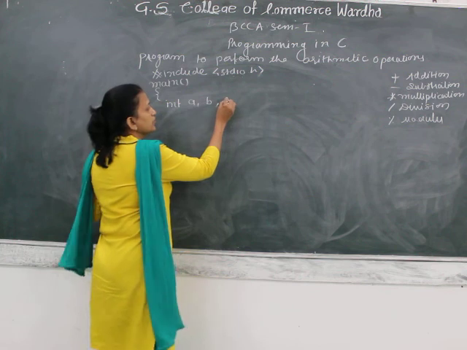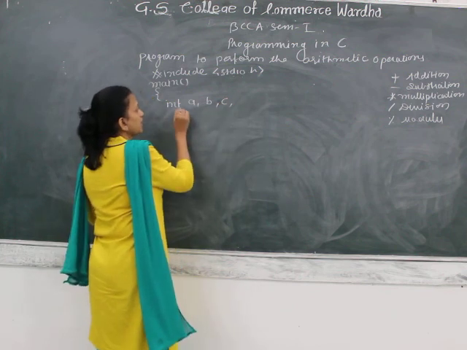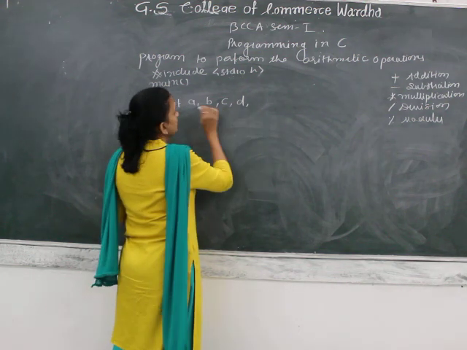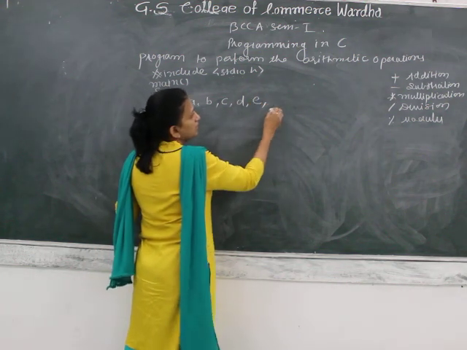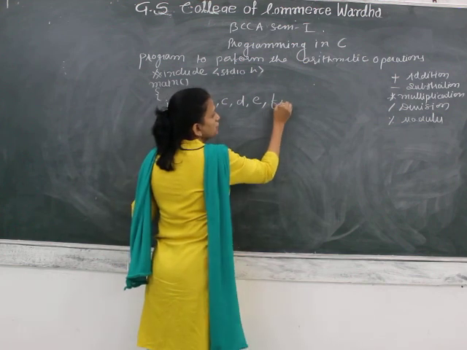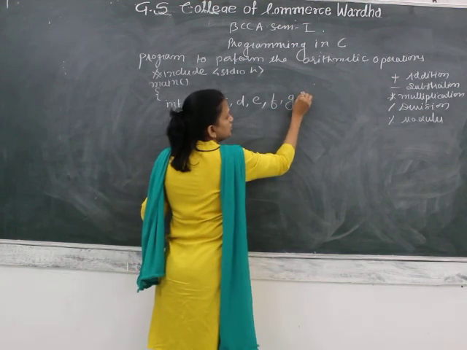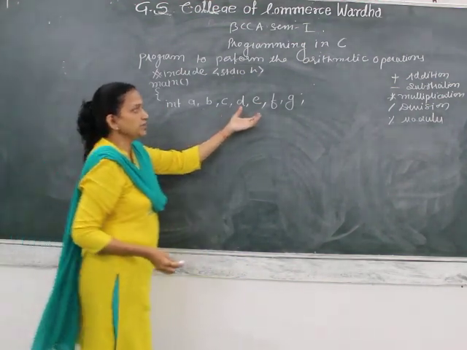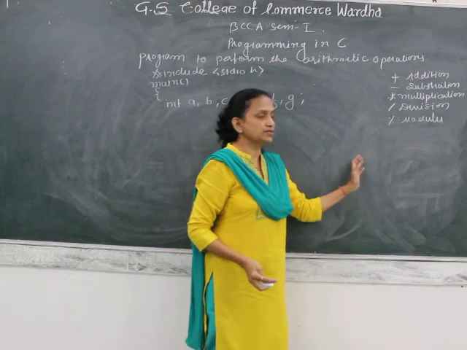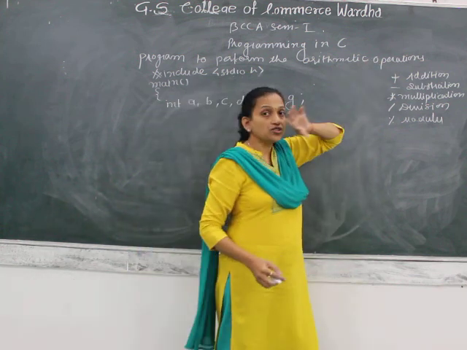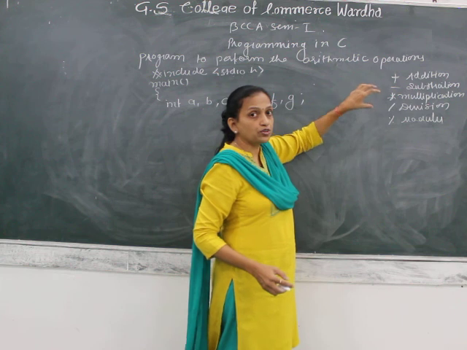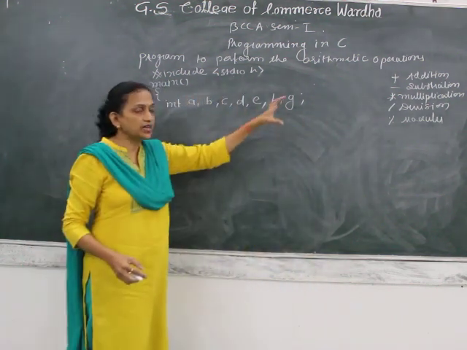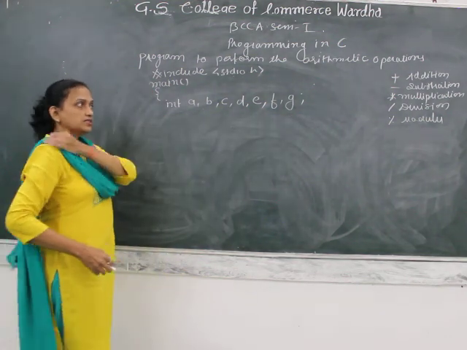Okay, so for addition we have taken c, a, b, c, then d is for subtraction, a, b, c, d, e is for multiplication, f is for division and g is for modulus. So this many variables we need to store this many values. How many operations are we going to perform? 5. So 5 extra variables are needed to store the data of this processing.